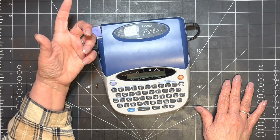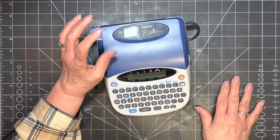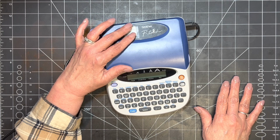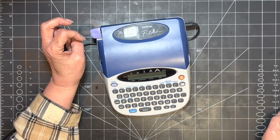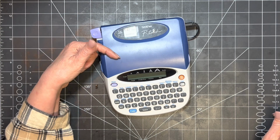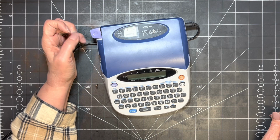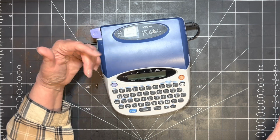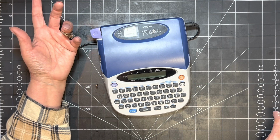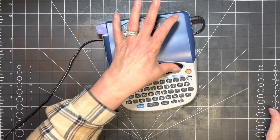You can get them in clear, you can get them in white, you can get them in colors. They're kind of expensive, and this is the Brother P-Touch. I think that's the one that everyone uses, but I used kind of an off-brand, and it works just fine in here. I got it off Amazon. I will see if I can find it, because I haven't bought them for a couple of years. But anyway, I was just going to say that